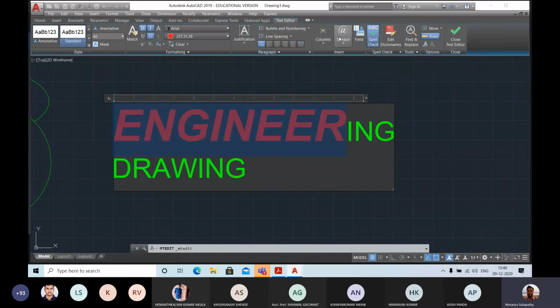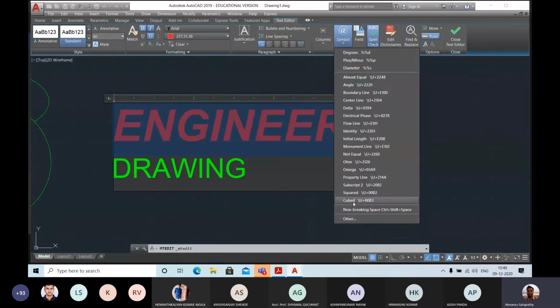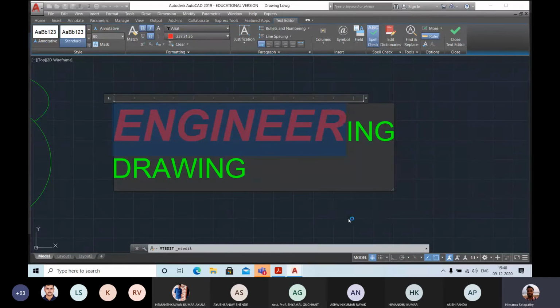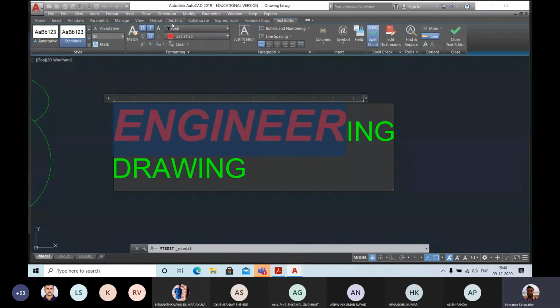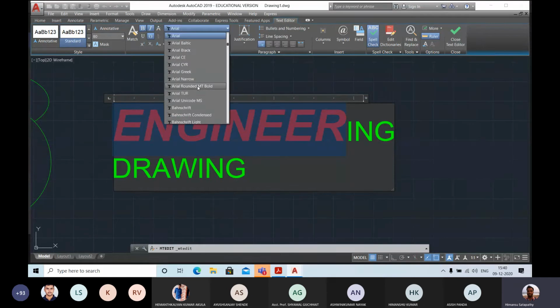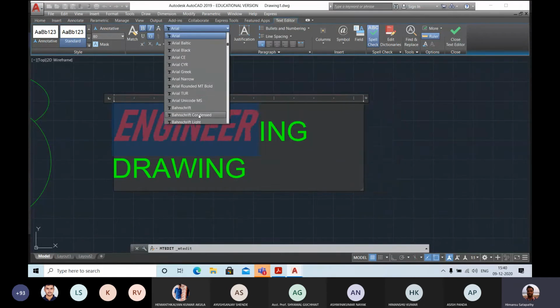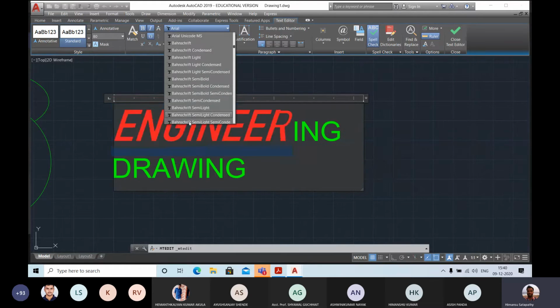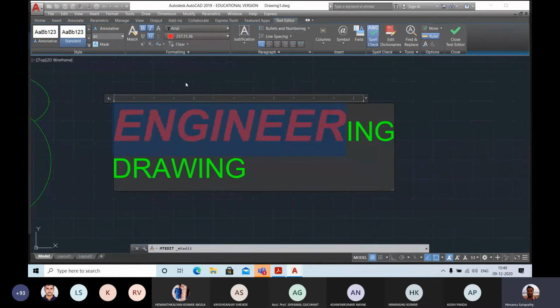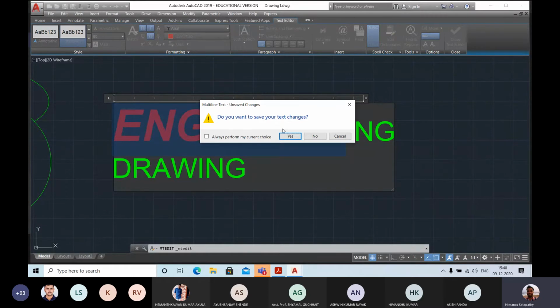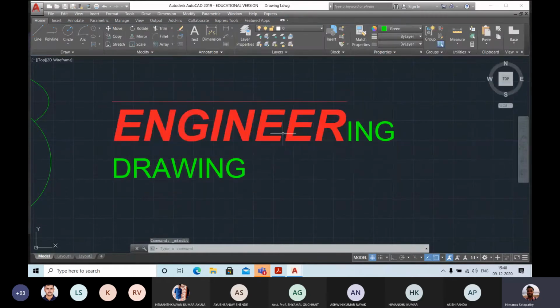If I want to insert symbols, there are many symbols. When you click on other, you are getting symbols here. These are the symbol options. You can select symbols also and copy here. And you can do anything. You can change the text style also, because it's now in Arial. I can change it to any option. There are many options. Any option you can select. All of you can see this one. I just changed one part of a text, that is called your mtext.